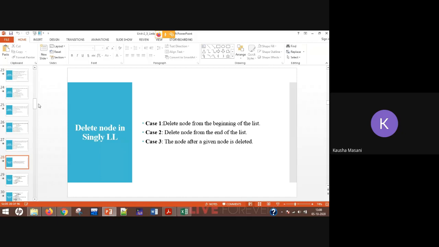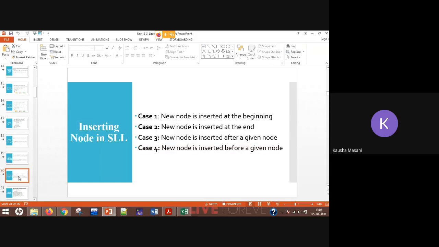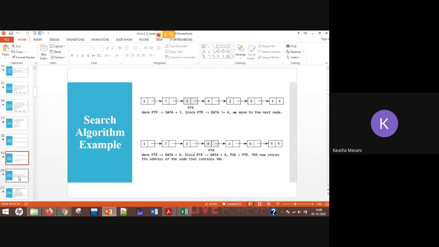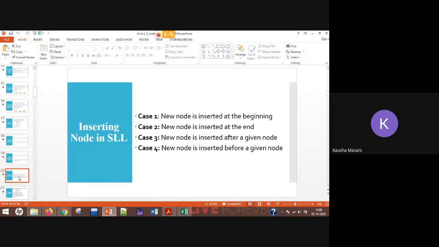In that session we had started with singly linked list, with your insertion cases. We have seen one program also for your counting and searching algorithm. And we had started with inserting the node in singly linked list with 4 cases.